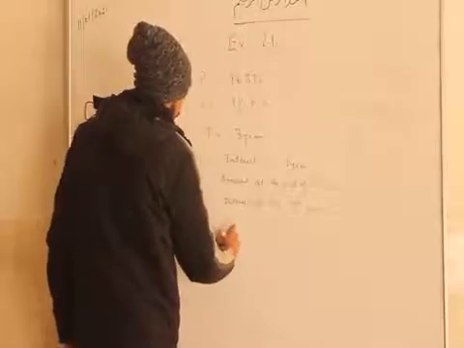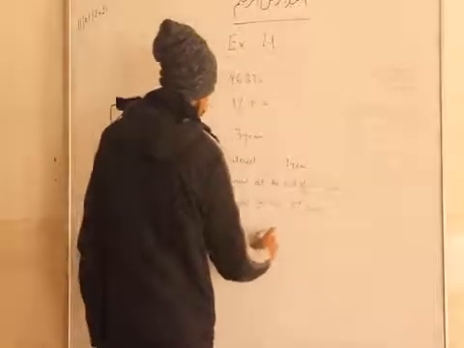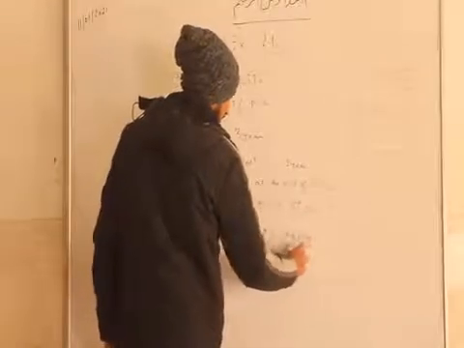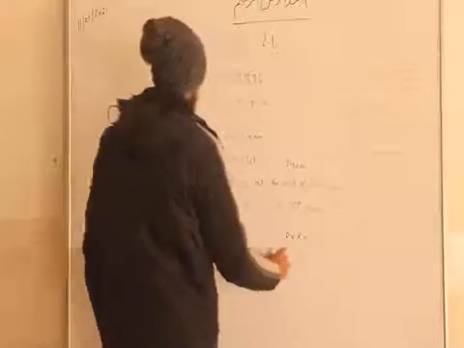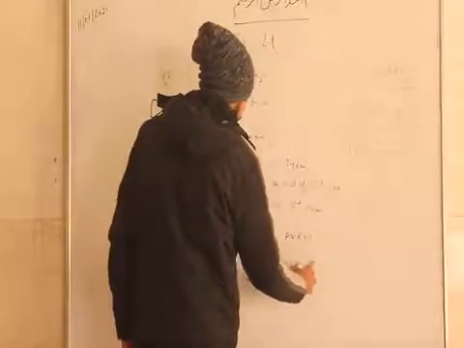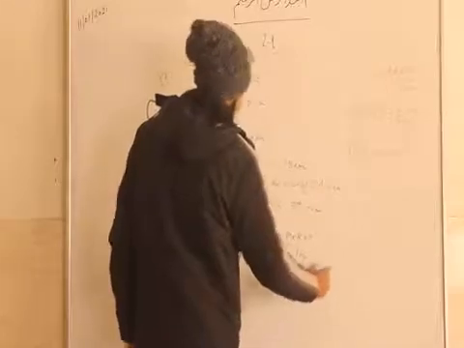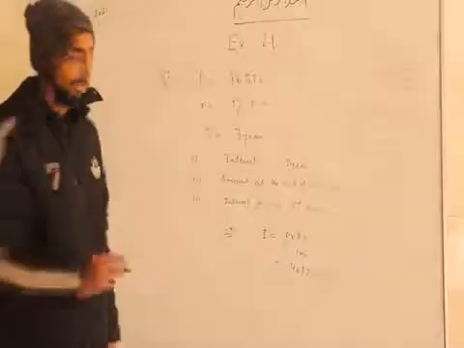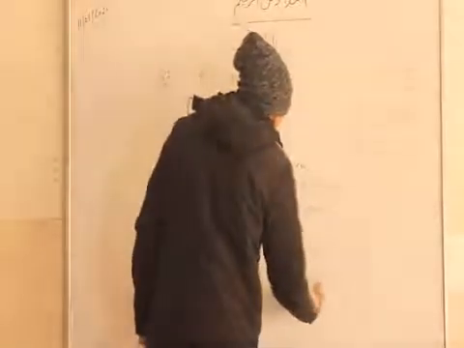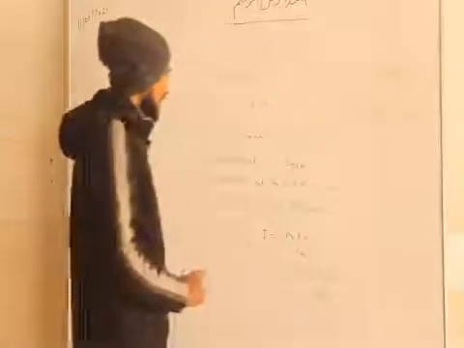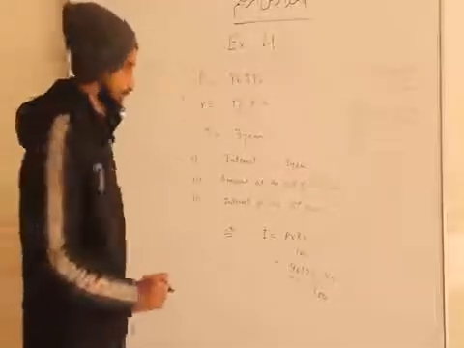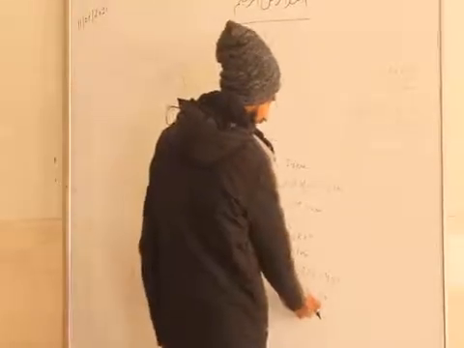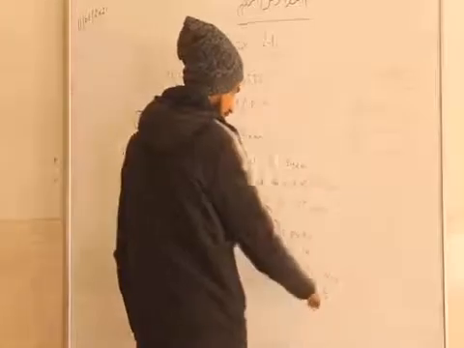Solution, first part. Interest, we know, is P into R into T by 100. The principal is 46,875, and the rate of interest is 4%. Time we are taking as 1 year because we are calculating the interest for the first year. And here it is 100 because the rate of interest is per annum. So now we will solve this, and we can put the decimal directly. Multiply this by 4, then put the decimal.